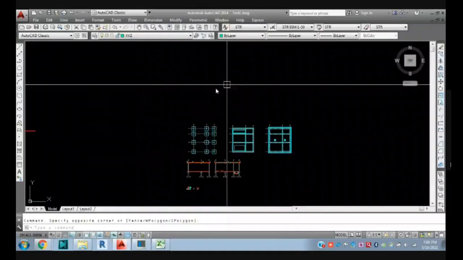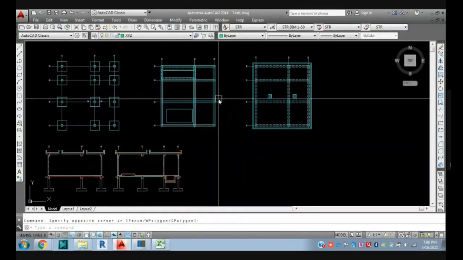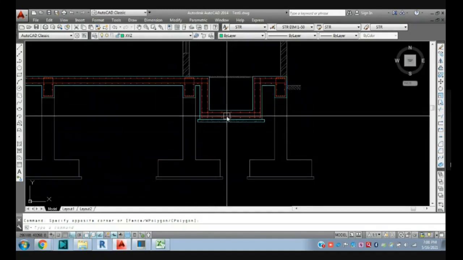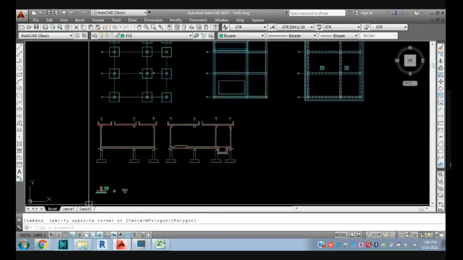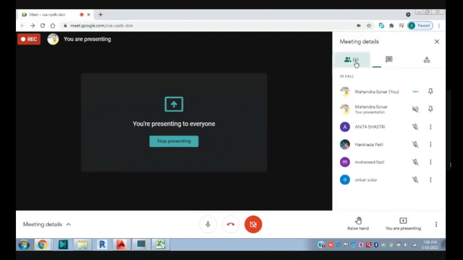Okay. So guys, do you have any question, any doubt? You can ask. We will try to resolve those first, and then we will start our last session. If you have any queries about creating the layer, dimension style, text style, whatever we have learned in the number of sessions previously, just raise your question or query, and we will try to resolve it. Or if you don't have any questions, we will start our session.